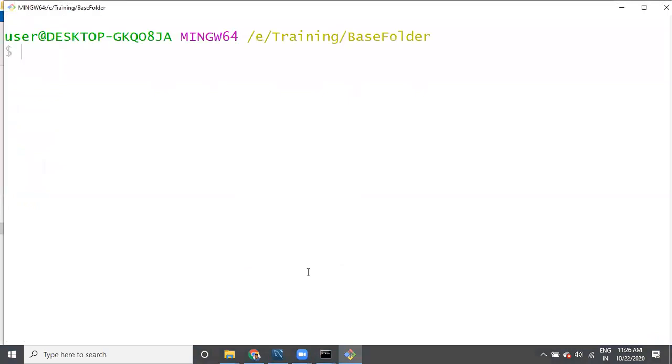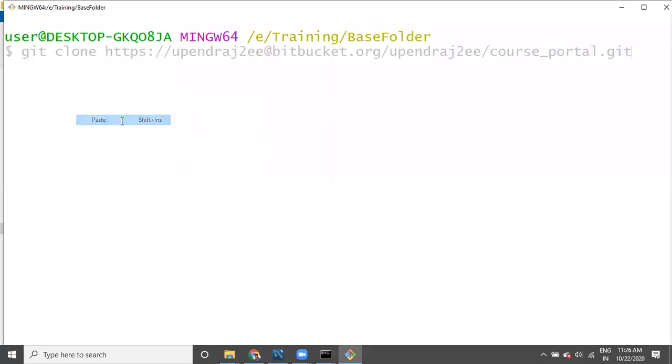To work with git bash, you need to install it. Now I will enter whatever command I received from the manager through the mail. Sometimes if I enter this, it will prompt you for a username and password. But now I have already given them on this machine, so it is not going to ask for the username and password.